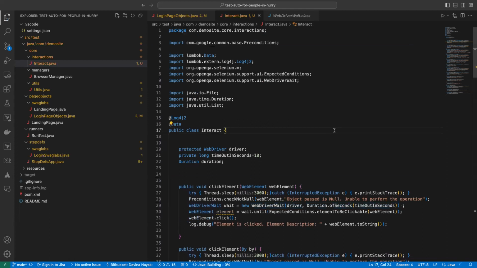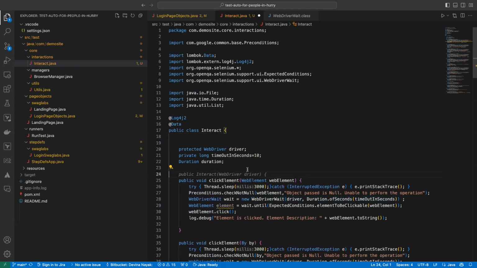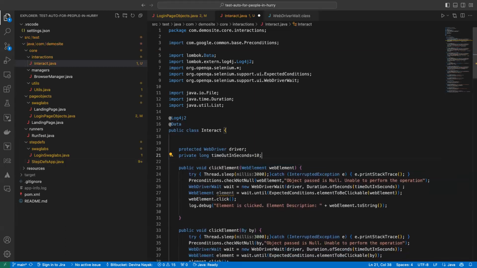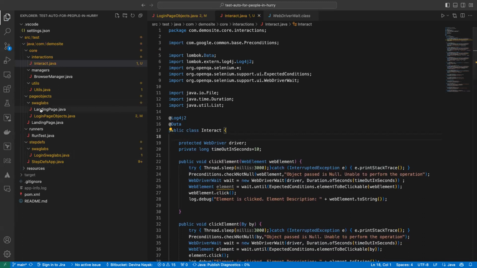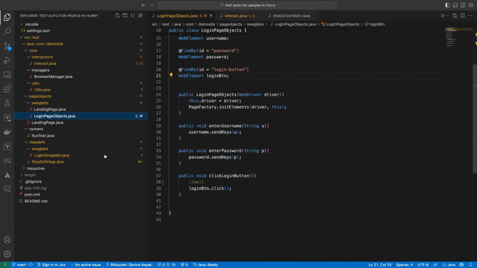So I have this interact.java file now, which does certain things for me. I don't need this, and I don't need anything else. So now if I go to my login page or any of the pages which I want to use,